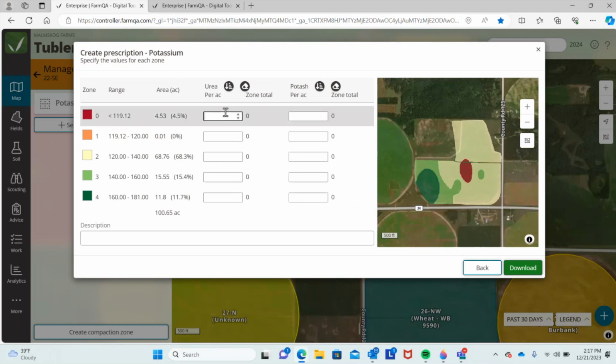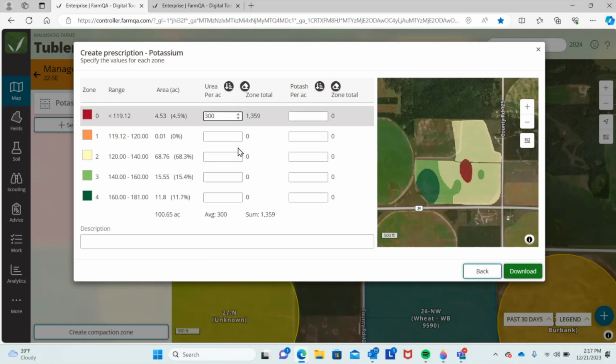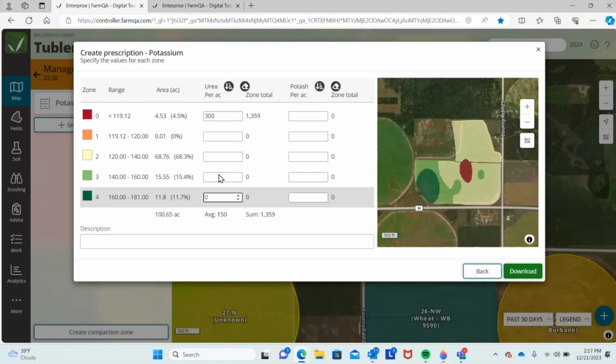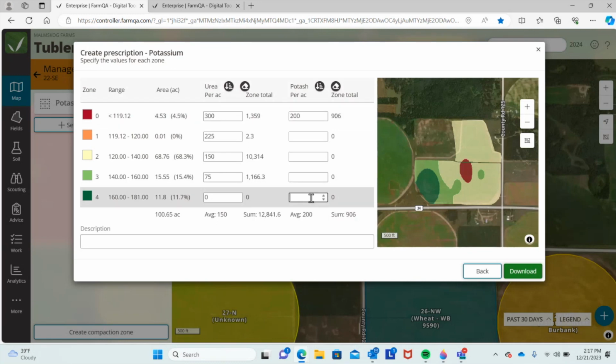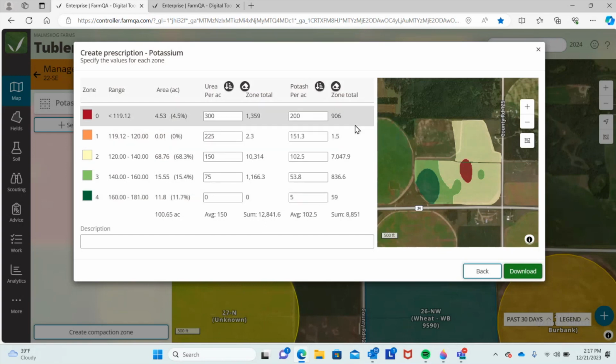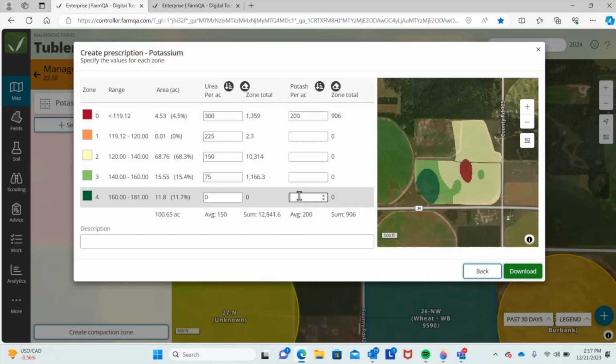So just want to make sure that everything was set up properly here. Give you another example of this. Now, if you go in and let's say you happen to make a mistake, let's say instead of 200, I put in 5 and filled everything out, and now everything's really wonky, I can go through here and clear this out. By pressing this clear button, that's going to clear out everything just in the column that I'm working in, so either in urea or potash. So now I can start over,